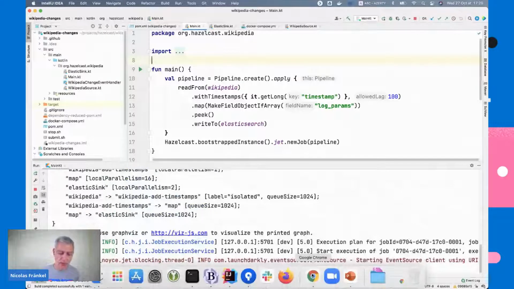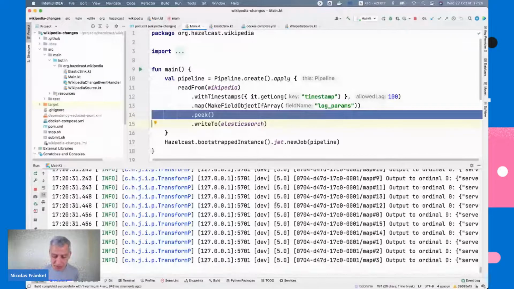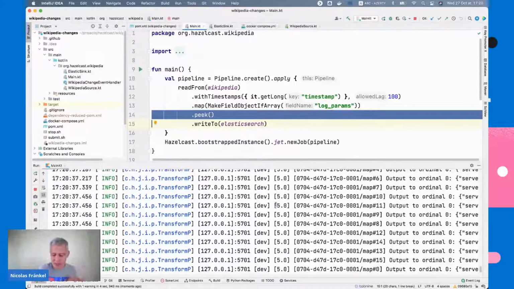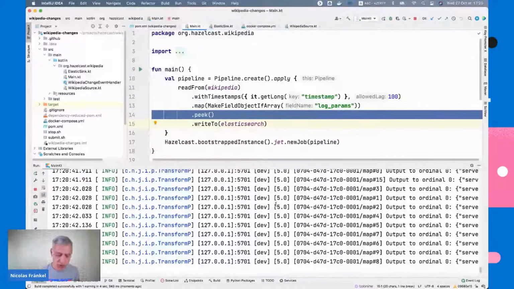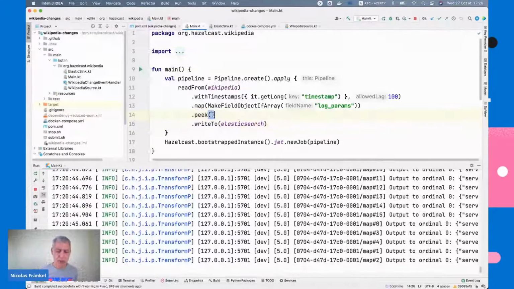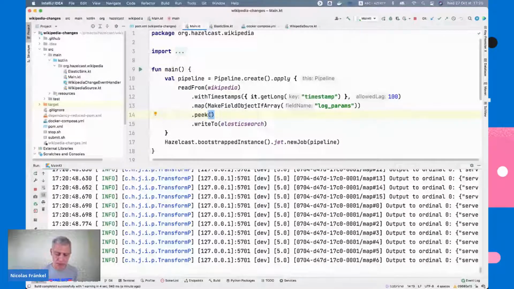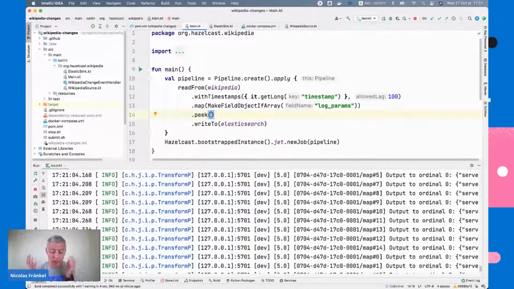Something I did here also, I added a peek because I want to make sure that something is happening. And if something is not happening, I want to be sure: is it Elasticsearch the issue, or is it in my pipeline? So here, as long as it's scrolling, I know that something is happening. Of course, in general, you don't want to do that. Because you've got a lot of data, you can sample it. So you can pass a function that says, for example, I will take a random number from 1 to 50, and if it's 0, I will log it. So you've got a sample of one line every 50, randomly.